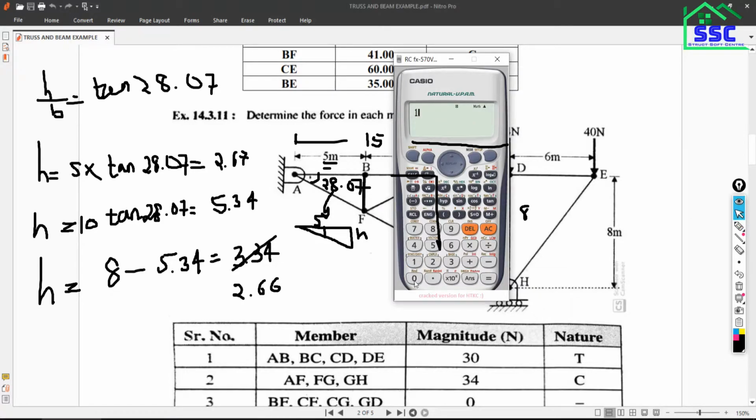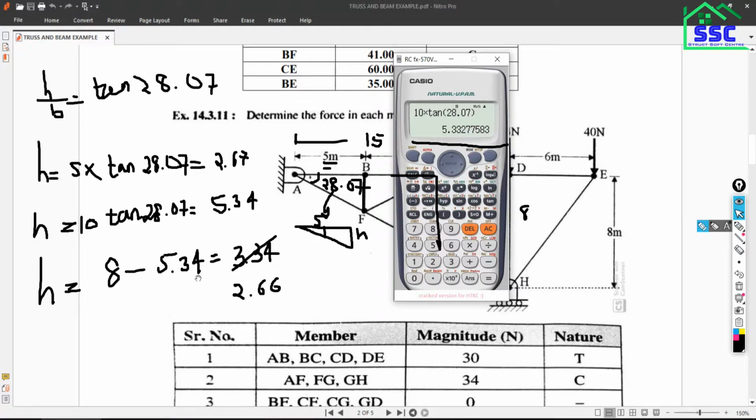So 10 times tan 28.07. Yeah, it is correct. 0.33 is this. So let it be as it is.